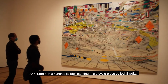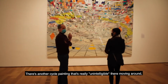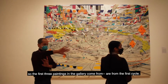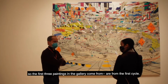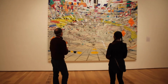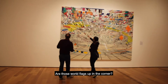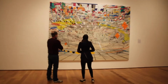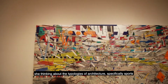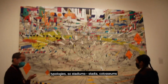Stadia is from the cycle paintings. I would say that there's another cycle of paintings in this room beginning with retrospectives. They're moving around. So the first three paintings in the gallery are from our first cycle of paintings. And this is also from the cycle of paintings. It's one of 4. So around this time, this is 2004, she was thinking about different typologies of architecture, specifically sports typologies, so stadiums, stadia, coliseums,